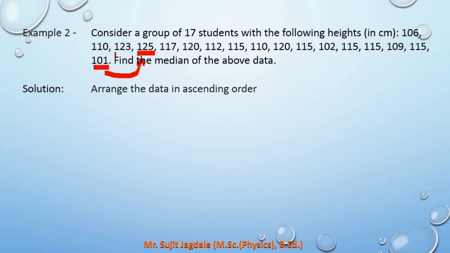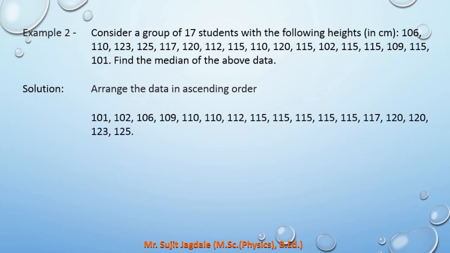Now here, as the number of observations is larger, while arranging in ascending order you have to use the same method which we saw in the previous example. Cut the observation which is already noted, so it will not repeat. To avoid repeating observations, you have to cut from the given set of measurements with the help of a pencil. So the first one is 101, so cross out 101. Next after 101, 102, then